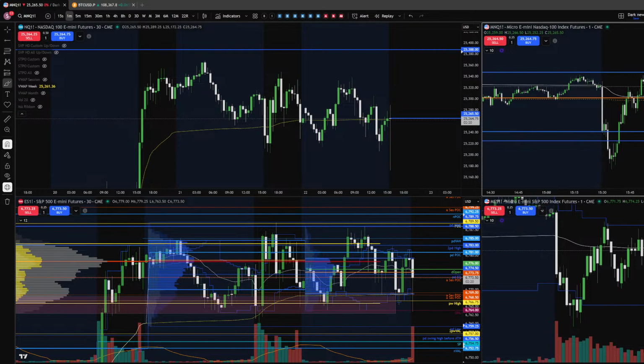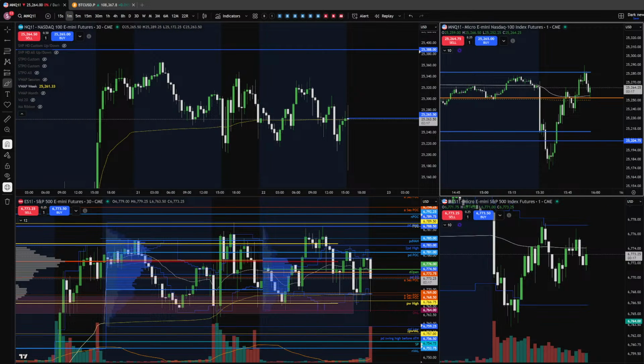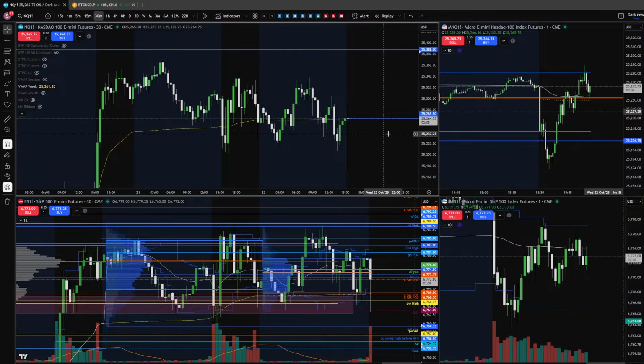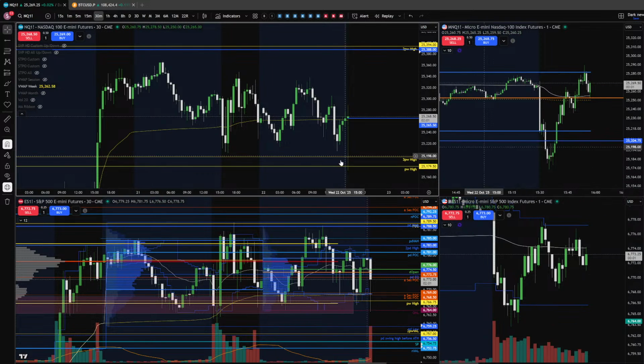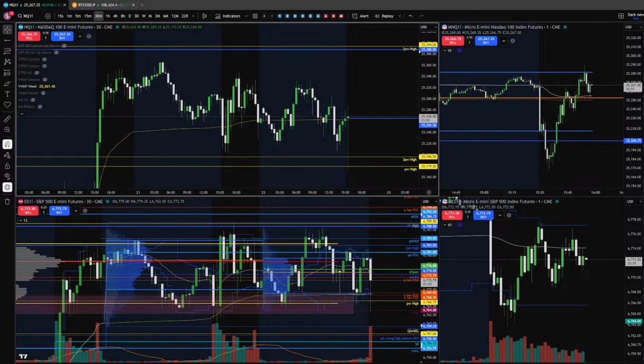Like what we were discussing here when we were planning the trade about the levels that we were looking at, this to be precise, and yeah, so the previous week high and the previous week value area low, if I can,